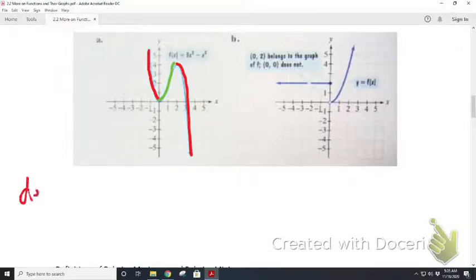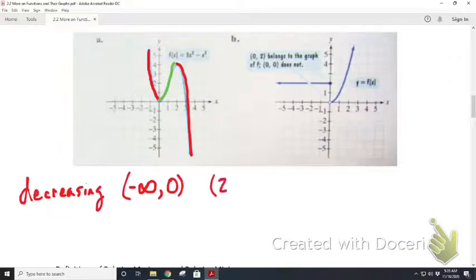So decreasing, it has no bound on the left, so negative infinity up to 0. See, it turns at 0. It starts going up. But then it starts going down again at 2 and then forever. I am only looking at the x-axis. So sure, the y-axis tells you if it's going up and down, but in terms of reference, I'm only looking at the x-axis. So for increasing,